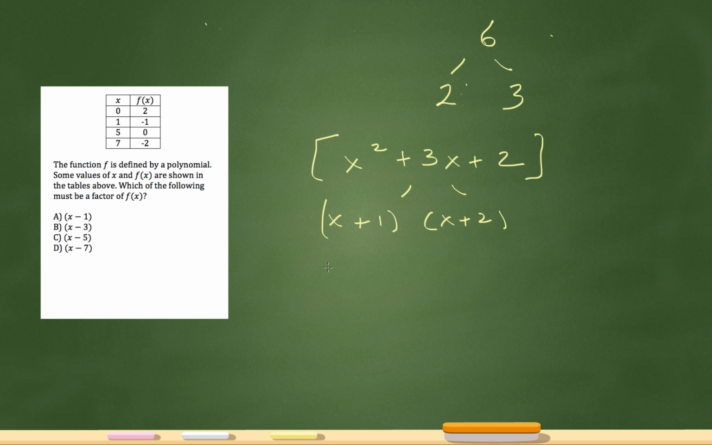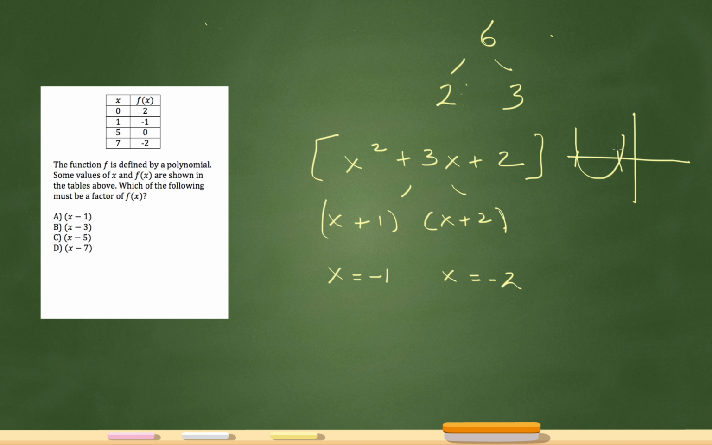Let's take this one step further. x plus 1 and x plus 2. What are the zeros here? The zeros are going to be x equals negative 1 and x equals negative 2, just because I'm going to set this equal to 0 and set that equal to 0. So zeros are x equals negative 1 and x equals negative 2. And in a parabola, zeros really just mean where that parabola crosses the x-axis,